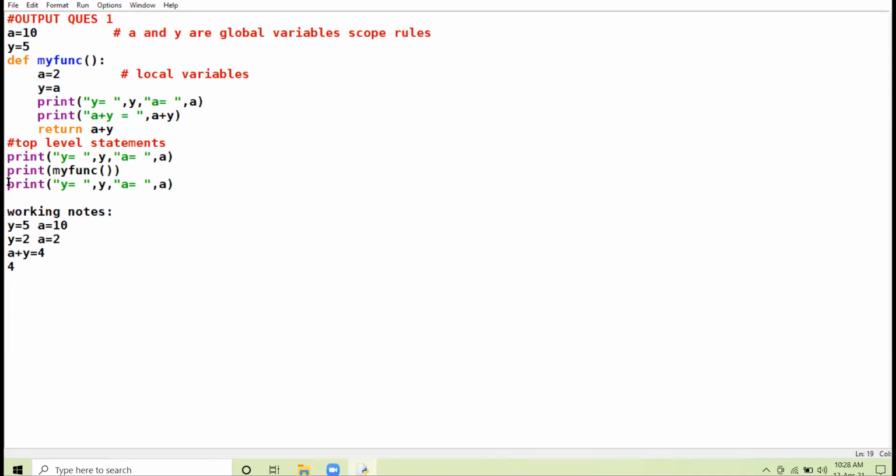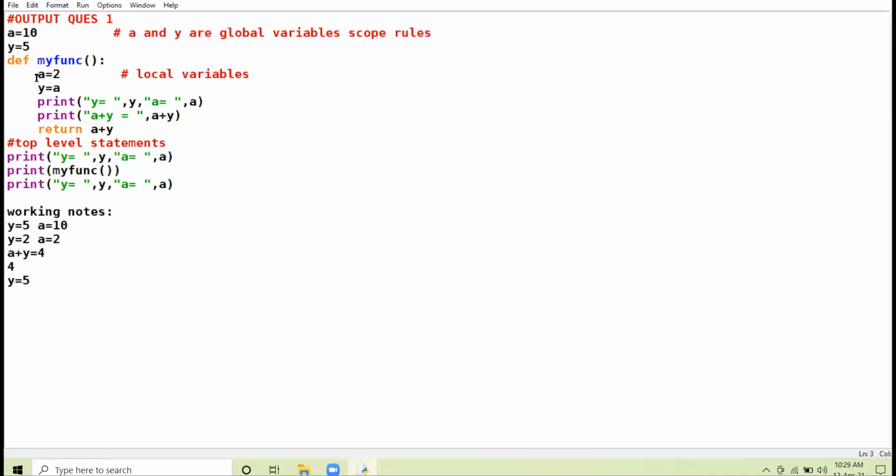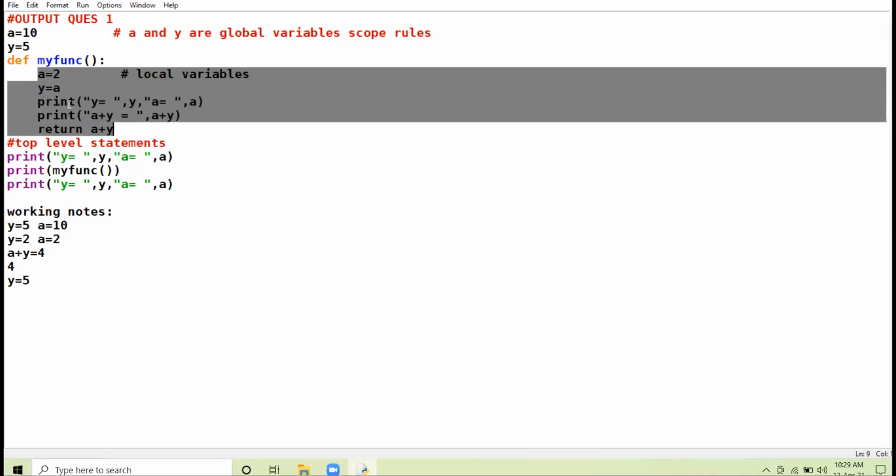Now this last print statement, y equal to, again the same values which we have used here, because this value of a and this value of y is used in this block only. Outside the block they have no use, outside the block they have no scope.